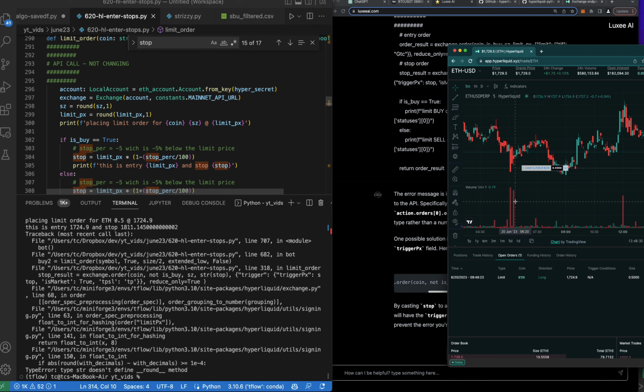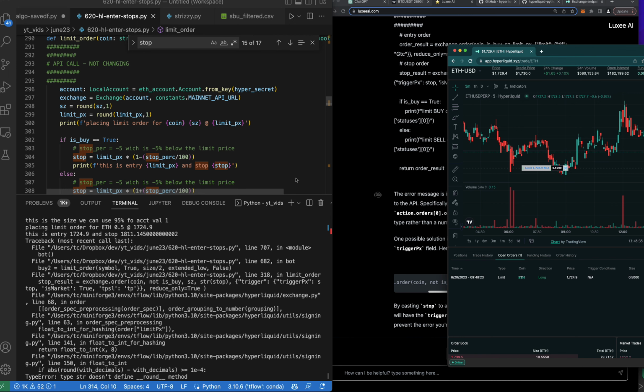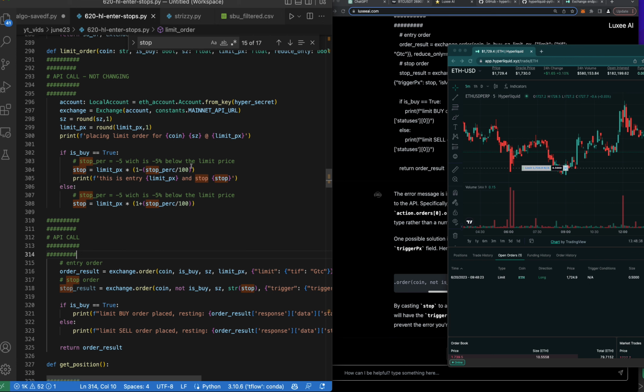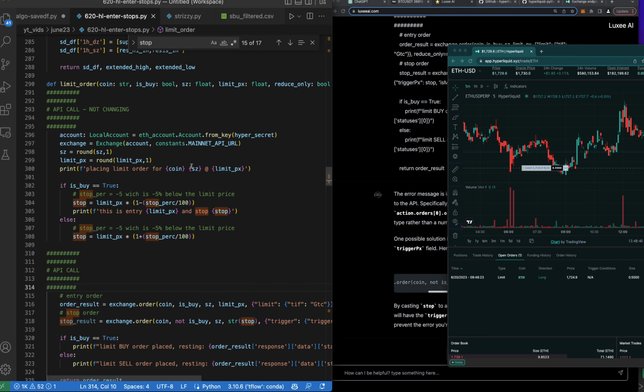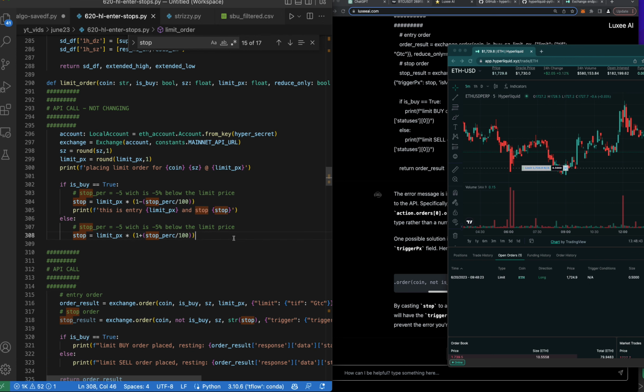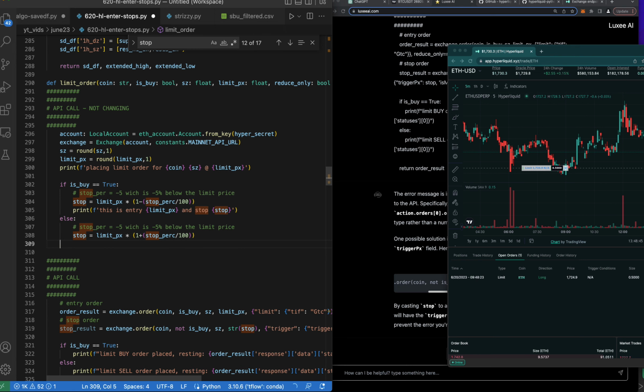Set the lev. Okay. So what's this one say? Stop is that. Okay, we gotta round it first. So round it to stop. Let's just do stop equals round stop 1, but also let's just string it right here, huh? String that V. Then we don't have to do that. I mean, I guess it doesn't matter, but